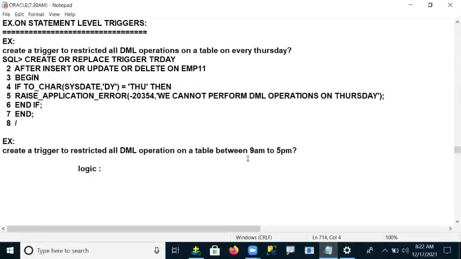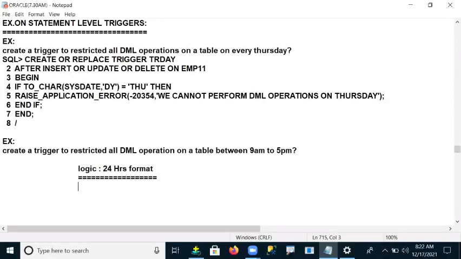So my logic is 9 a.m. to 5 p.m. But all of you know that by default your operating system takes timing in the 24-hour format. That is the default format of time in the operating system.